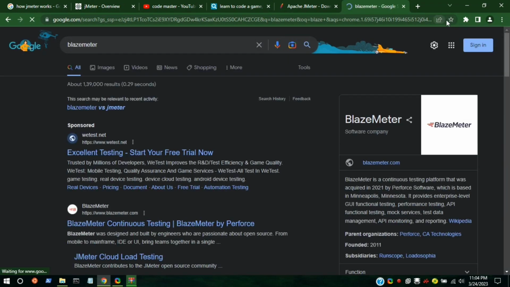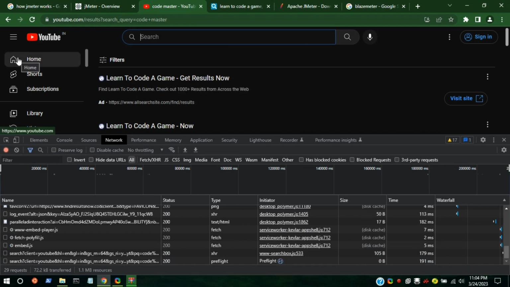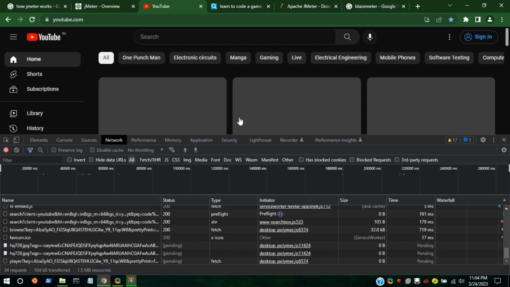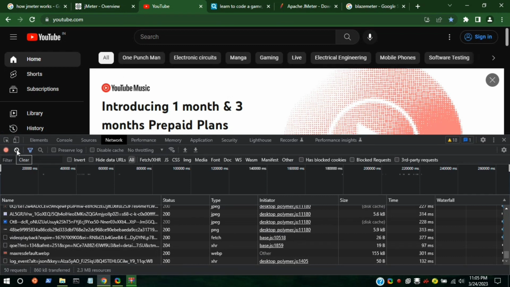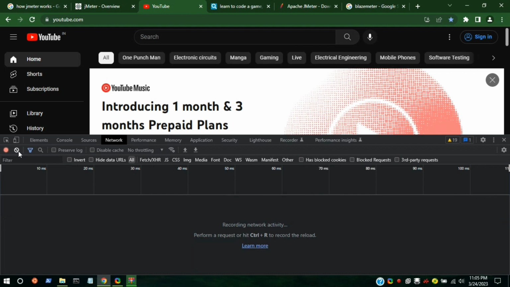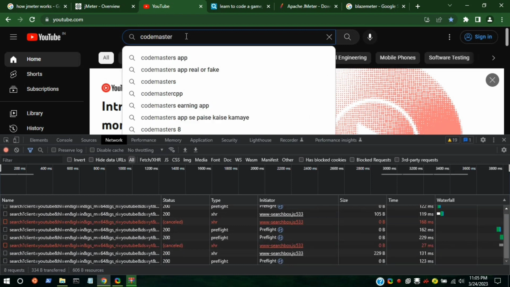you have to install here, click on the Blazemeter extension, and record whatever tasks you are doing manually here. Otherwise, if you don't want all that and don't want any third party, then you just follow my process. Now my process is, when my website is stable, I click on clear. So first of all I have to clear my network, and then you click on search here. I type code mustard and click on enter,